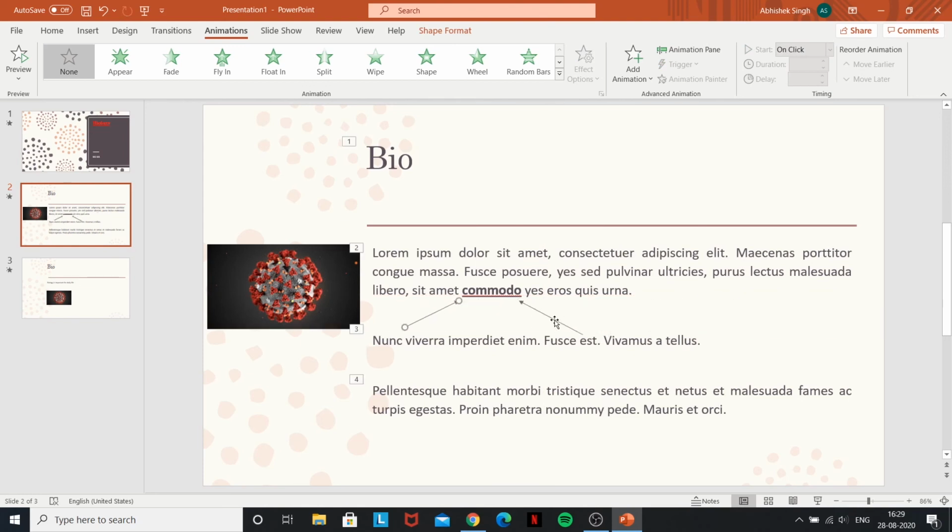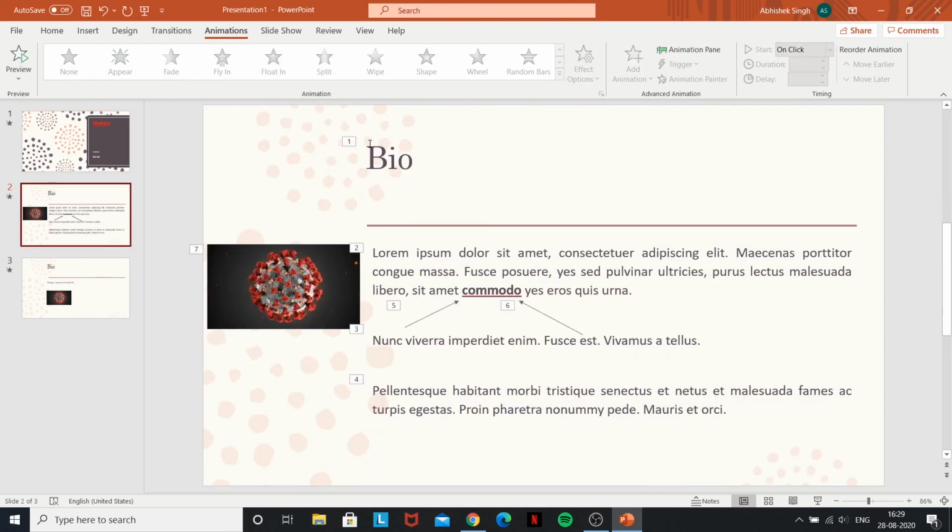And now the arrows can also use the animation at the same time. So we say this flies in, this also flies in. And then we'll put this one as a random bar effect.